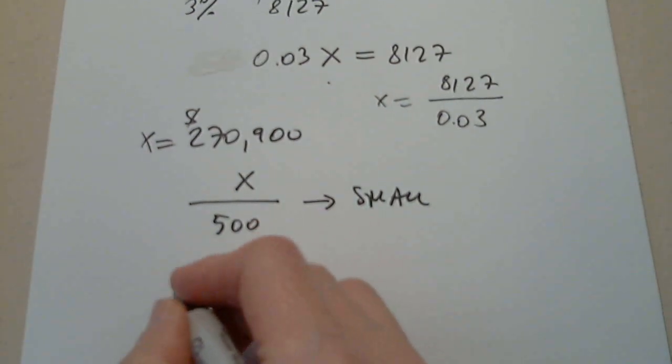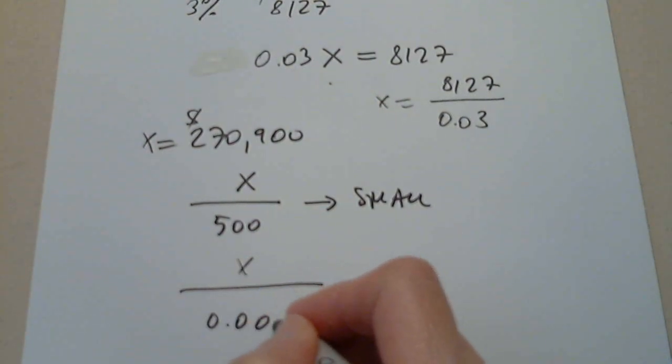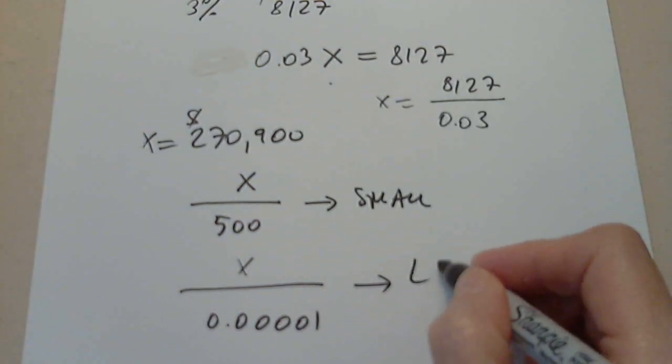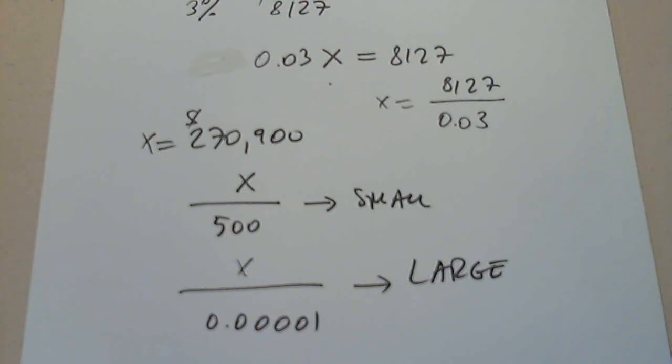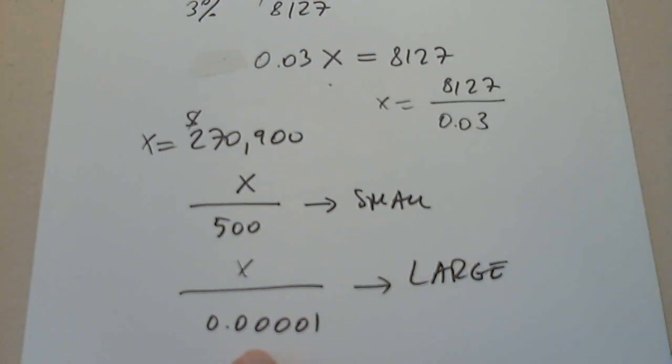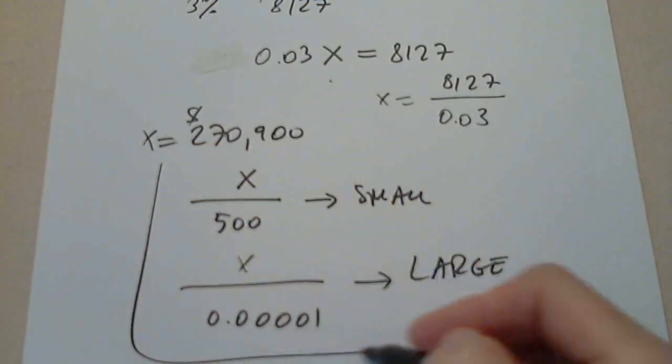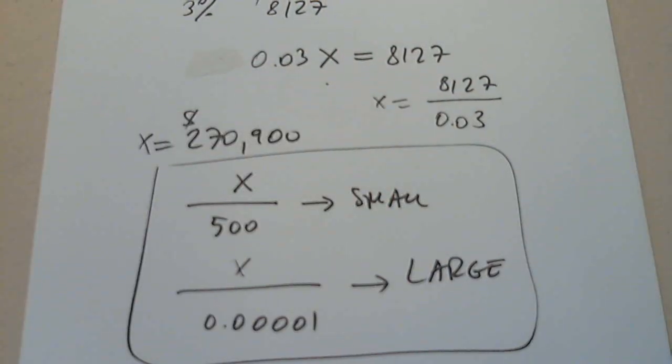But if I divide by a tiny number, the result will be very large. So if I divide by a big number, the result is small. But if I divide by a very small number, the answer will be very large. This is a very good remark. Perfect. So please remember, when you divide